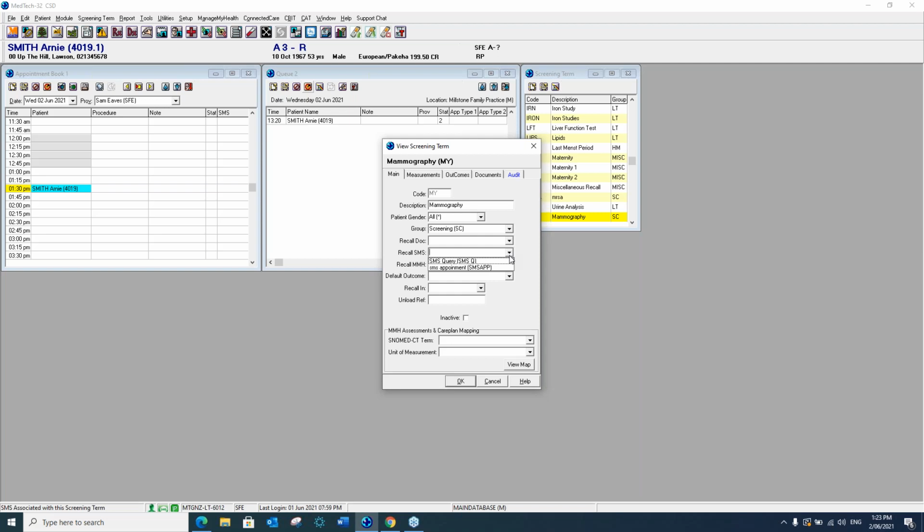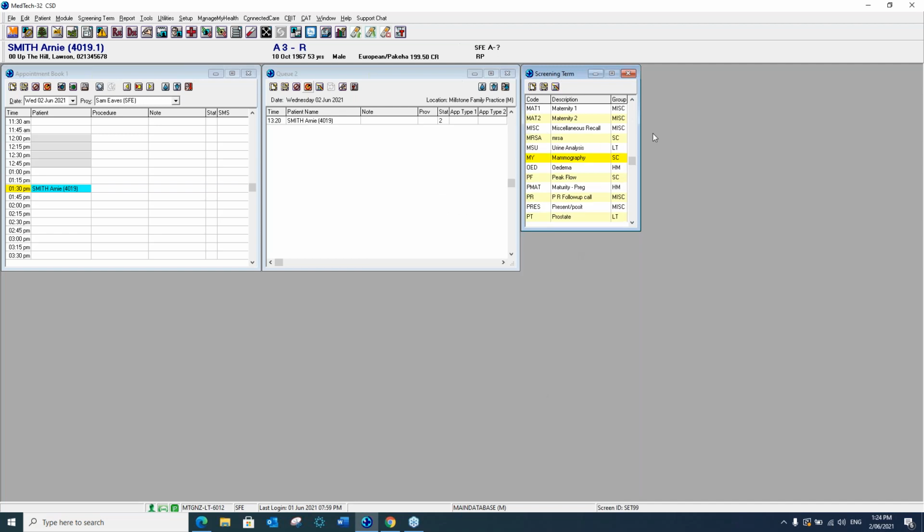So in here is where you attach your SMS message that you set up in the outbox document with the format of SMS. So choose the message that you've set and go OK. I didn't set one up specifically for this message, so I've just used one that was there. So that's how, so now if I go in